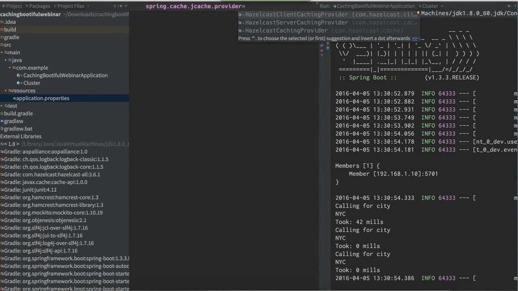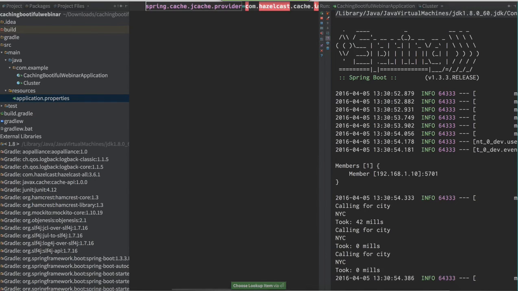And because of the magic of IntelliJ IDEA in integration with Spring Boot, the IDE shows me that a couple of providers are available here. By default, the client provider is used. However, you can enforce it to use the server provider. So in this case, if you use this guy and you start your application,